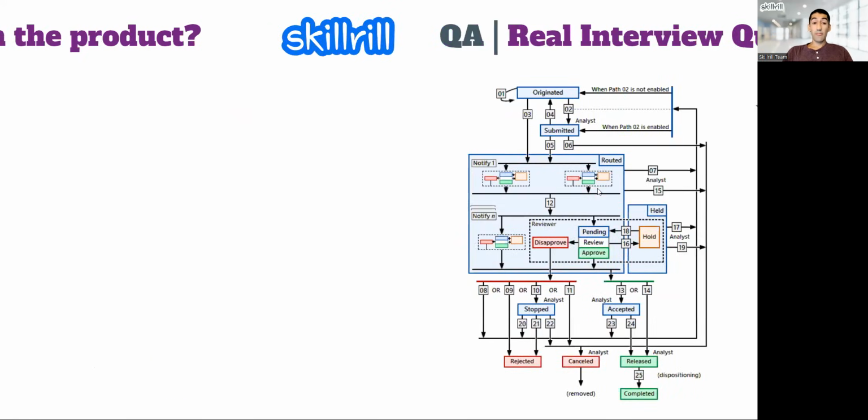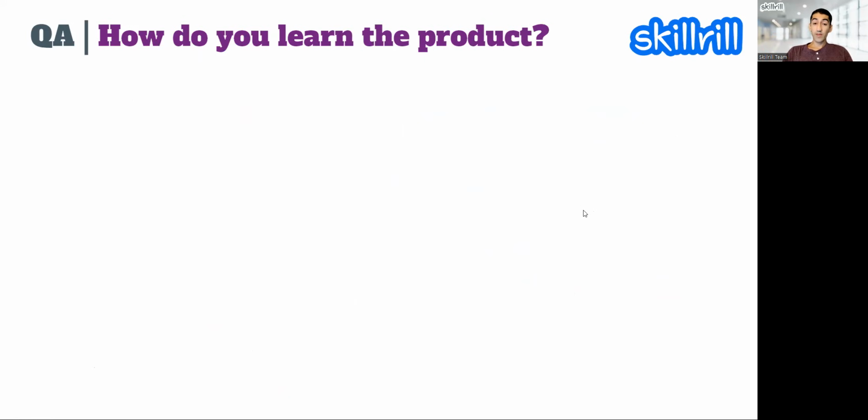All right, so let's now jump into the next step. I think a follow-up question here from the audience who are new to the QA world is, okay, how do I learn the product, right? So you'll learn about the functionalities of the application by reading, surprisingly, right? By reading. So you read the requirement document.